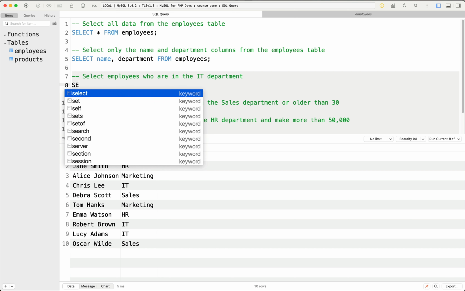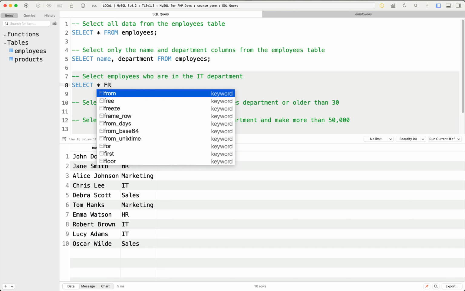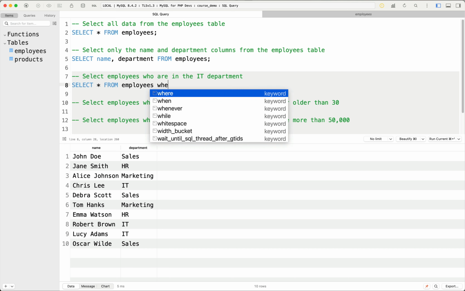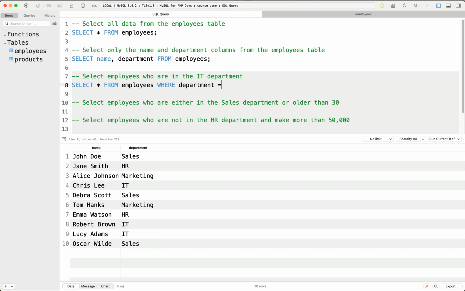So let's give this a go. Select star for all columns, and then we're going to say from employees, but then we need to specify that it's for only the IT department using a where clause. So here we're going to say where, and then it's department equals